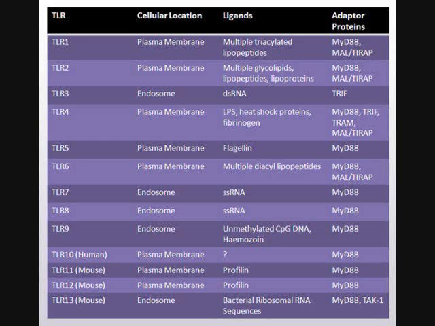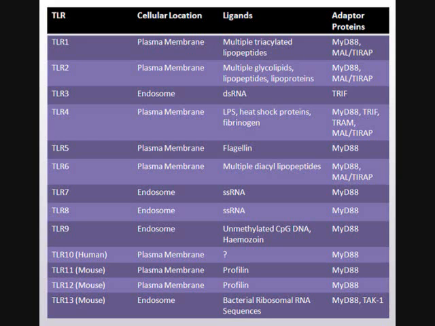The MyD88 dependent pathway is common to all the toll-like receptors except for number 3. Upon activation by their associated PAMP or DAMP, TLRs will either hetero or homodimerize, inducing the recruitment of adapter proteins via the TIR domain. Adapter proteins include the TIR domain containing proteins MyD88, TIR associated protein, MyD88 adapter-like protein,